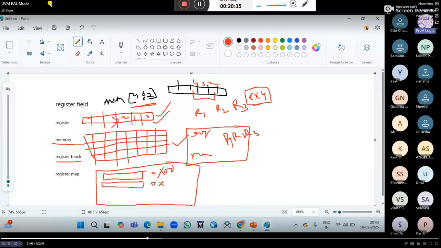Suppose, in a RISC processor, we always consider the program counter as PC equals PC plus 4. For byte addressing, we always consider an increment of 4. Like that, if you consider the same, 0x04 for each field. There will be a lot of fields and a lot of memory blocks, register 1, register 2, register maps, everything, memory blocks. For every block there will be some offset address like this.